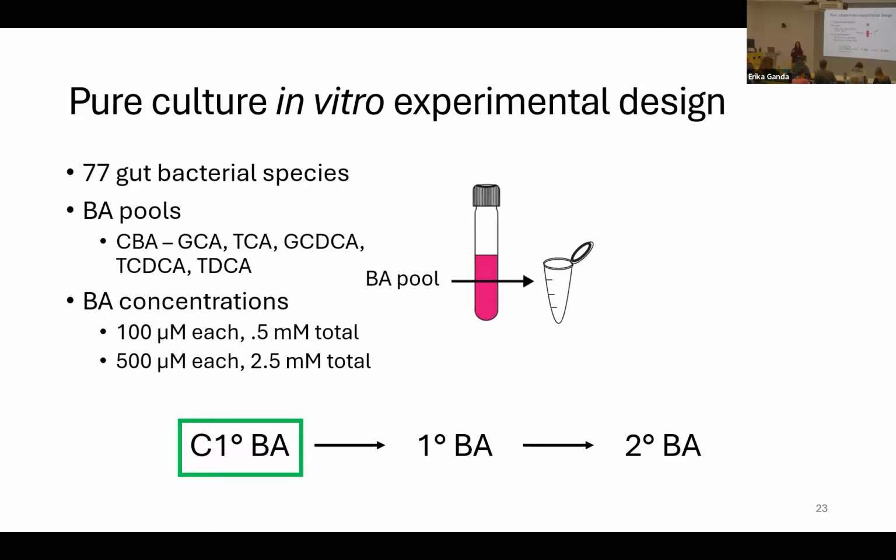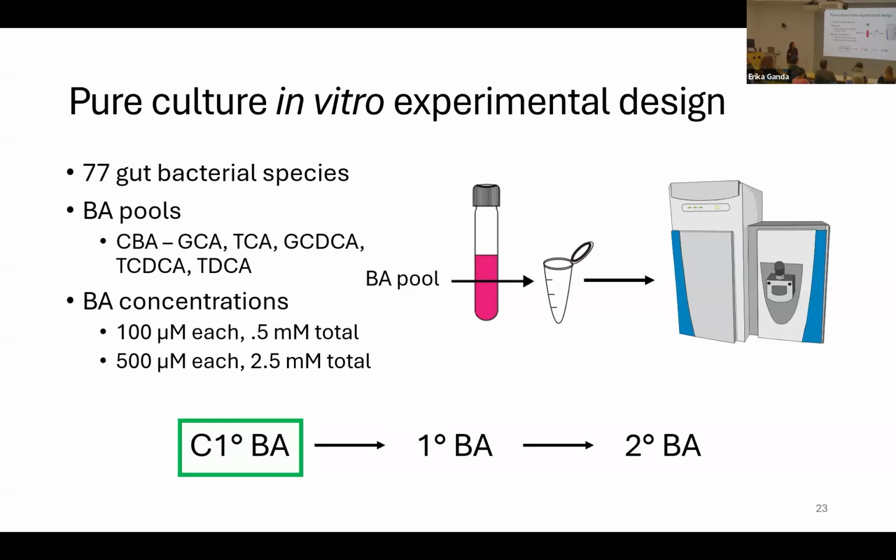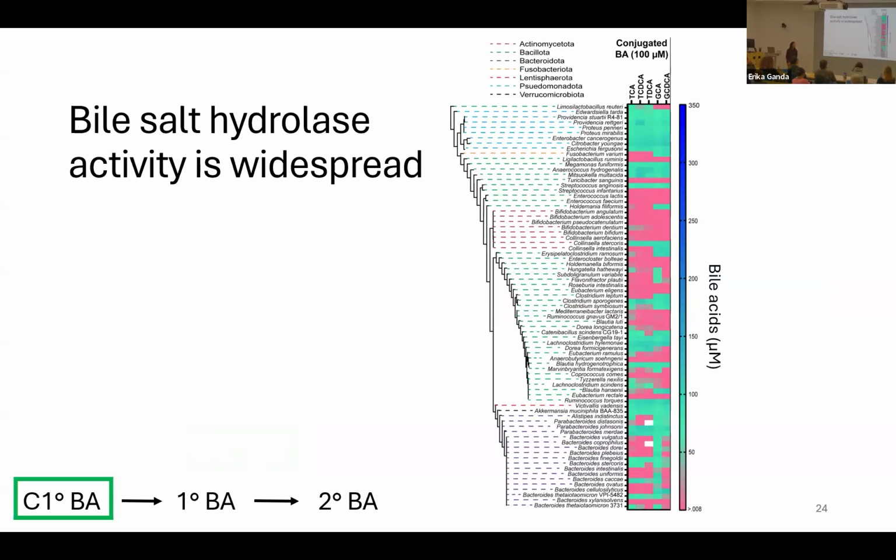Same kind of setup. We have our bacterial cultures with media and bile acids. We just grew them till stationary phase for this experiment because the time points didn't seem to make a huge difference with the endpoint analysis. And ran our samples on the mass spec, of course. And so the way to read this heat map is a little bit different than the other one. Because bile acids were pooled, I determined the concentration of all bile acids at the endpoint sample analysis. And so in this first column here, I have the conjugated bile acids that were provided in the media.